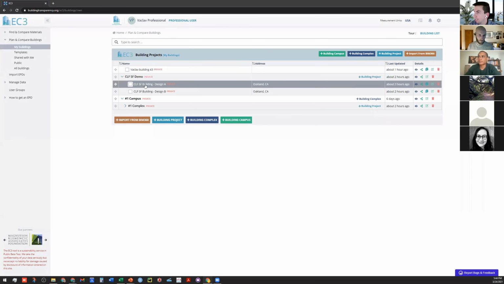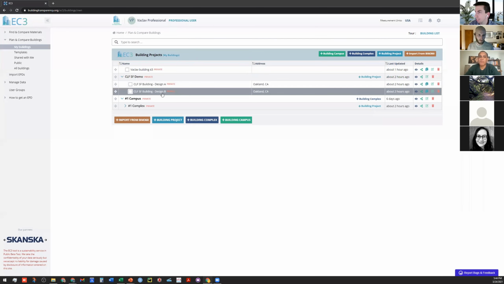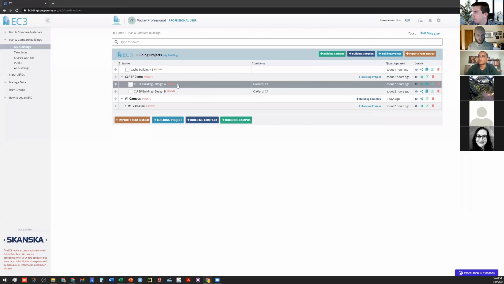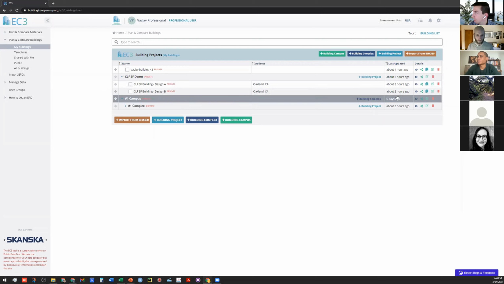So I have two projects here that I actually prepared for today, the CLF SF Building Design A and CLF SF Building Design B. They're almost identical, so you won't see a whole lot of differences between them.